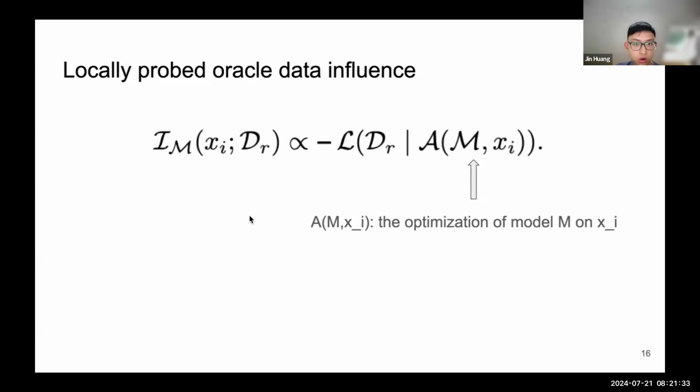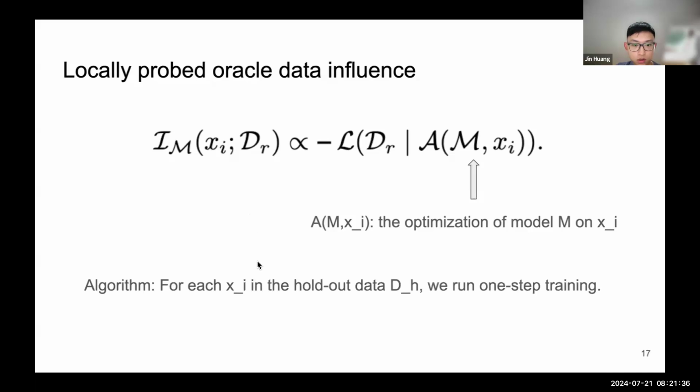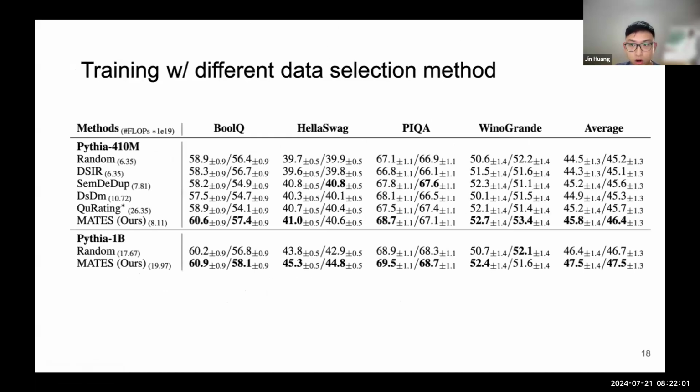Okay, so for the actual algorithm based on this derivation, basically for each xi in the held out dataset, we run a one-step training or one epoch training and collect the loss. We take the loss as approximation for this data influence. Okay, and here I'm showing the experimental results to illustrate that